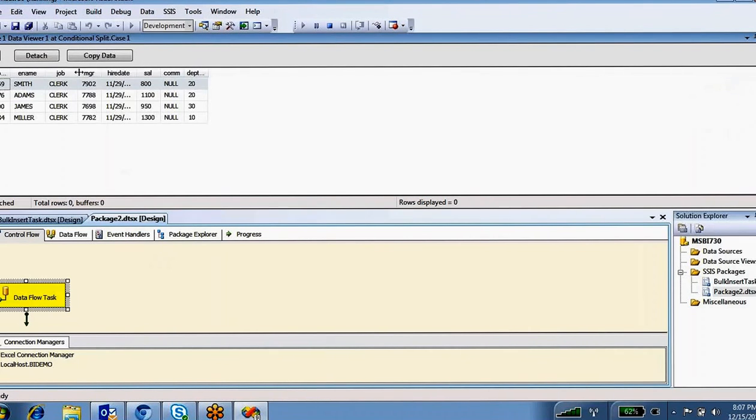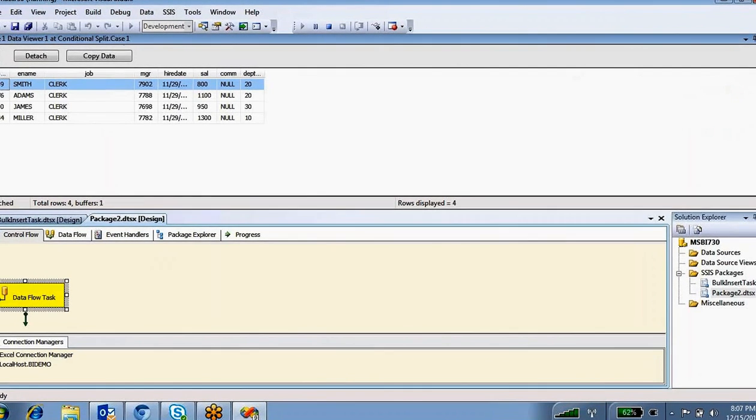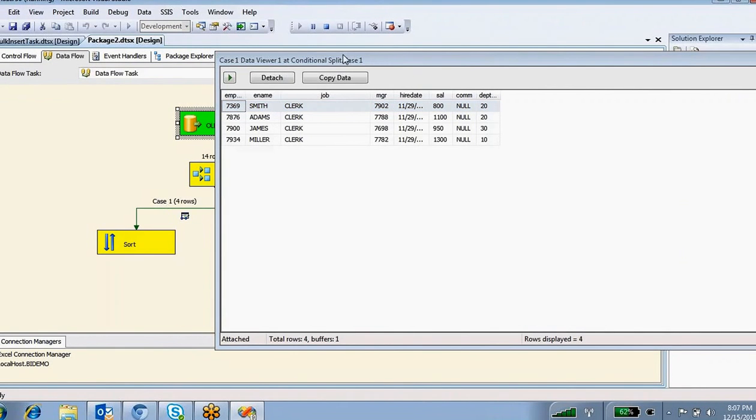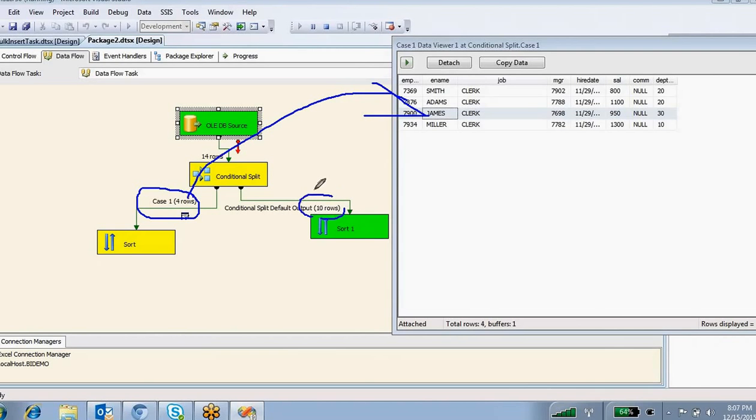See the clerk information. Only the clerk information is coming here. In this data viewer there are 4 rows: 1, 2, 3, 4. These 4 employees' job type is clerk, so those 4 records come this way. The remaining 10 rows, out of 14 rows in total, come into this transformation.